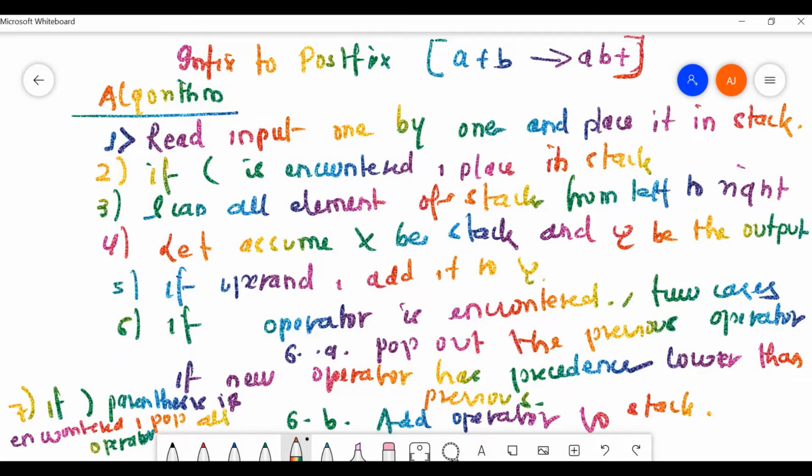So you can write the algorithm in your own language. After solving the question, you will be able to understand this algorithm and write it in your own language. It's not that you have to write the same steps, you can write them in your own words. So let's evaluate the question for this.